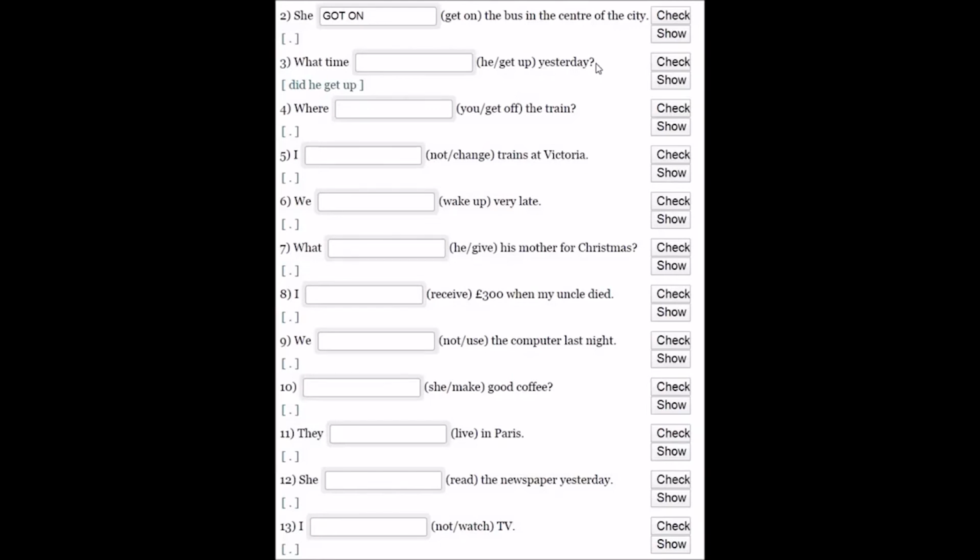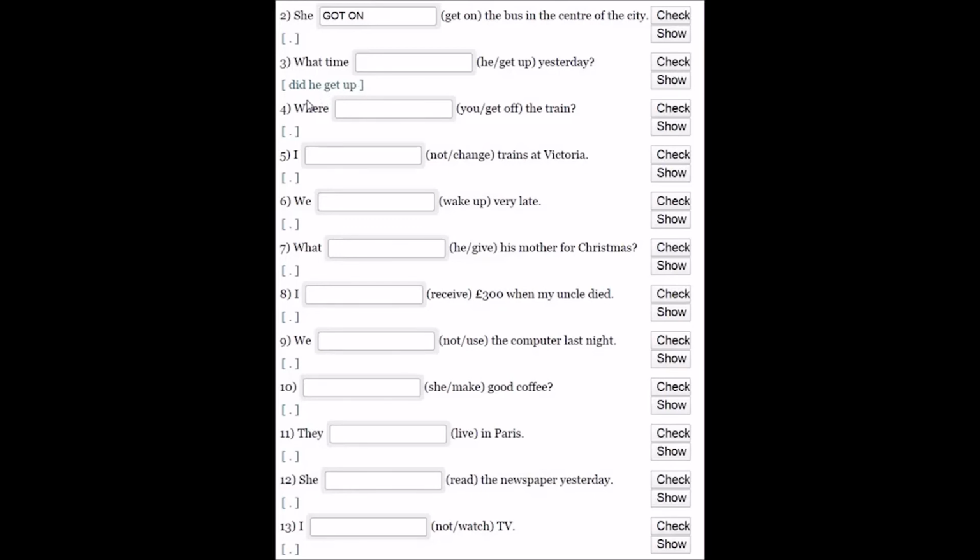So immediately with a question, we have to use did. With every question, there has to be a did or does. It depends on your pronoun. And we have he, and then get up. Just like in here at the top, get became got. In here it's the same thing. Nothing changes. So get up becomes got up. However, because we have a question, the rule for the question is you put did plus the verb itself. You do not need to change it if you have a question.